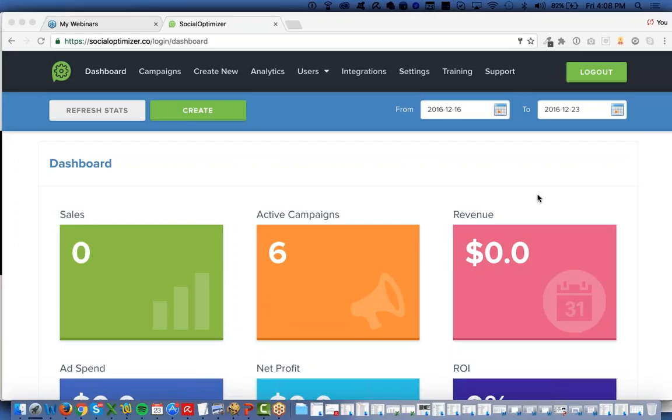What we're going to be covering is I'm going to be going into the software Social Optimizer, answering all your questions about Social Optimizer. And then next week, when I'm back in Russia, right now I'm traveling, so when I'm back, then I'll be going into some strategies about making money with the software and Facebook ads in general, which should be really good.